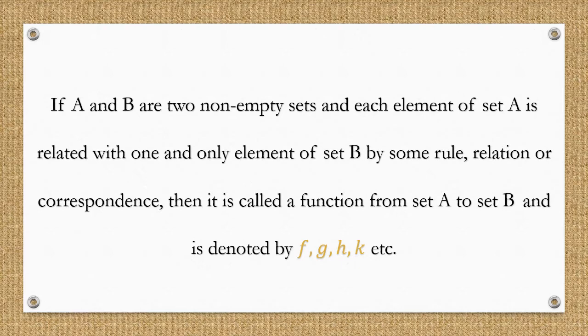So basically, if I have a set of numbers 1, 2, 3, 4, 5, 6, and if I have an equation x square plus 1, I will put 1, 2, 3, 4, 5, 6 into x square plus 1, and the values I get, if those values are part of any other set, then we can say that x square plus 1 is a relationship from set A to set B.